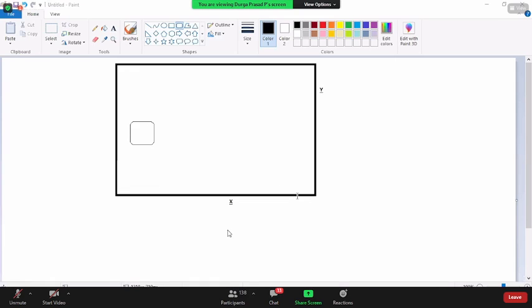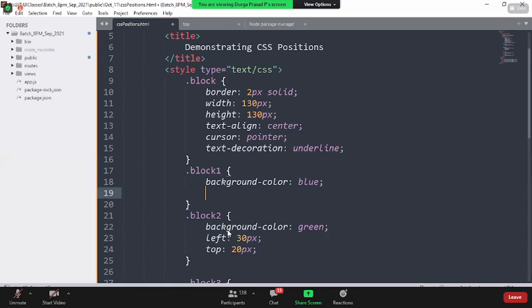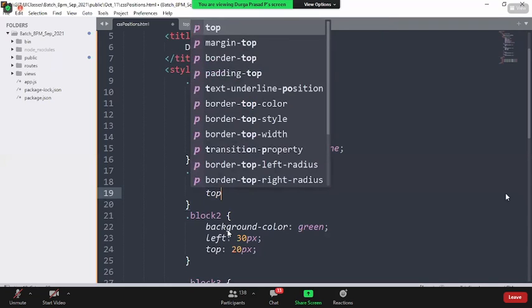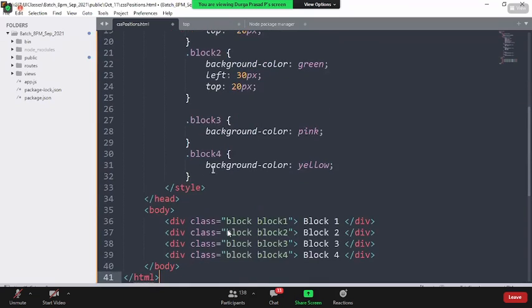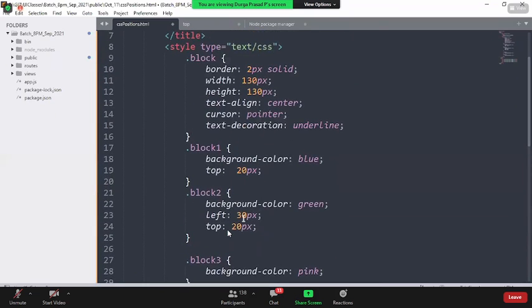I cannot use the top property, say 20 pixel, for the blocks. For block 2, why are the left property and top property not getting applied? Because it is falling under the XY axis. You cannot move a DOM element which is always falling under the XY axis.